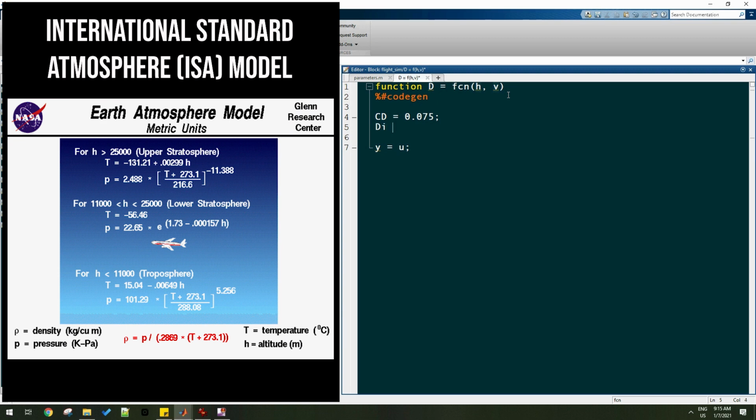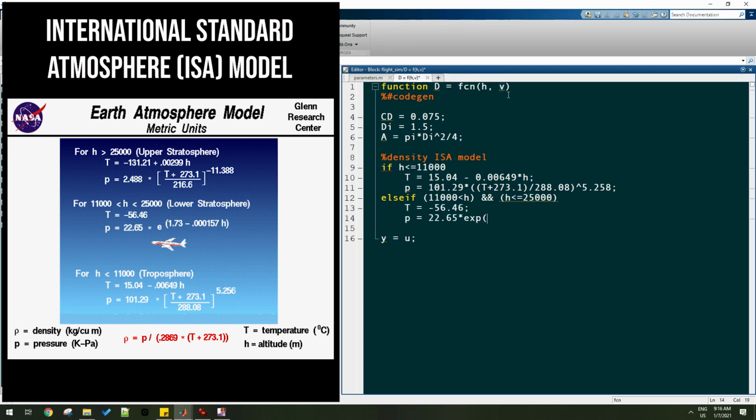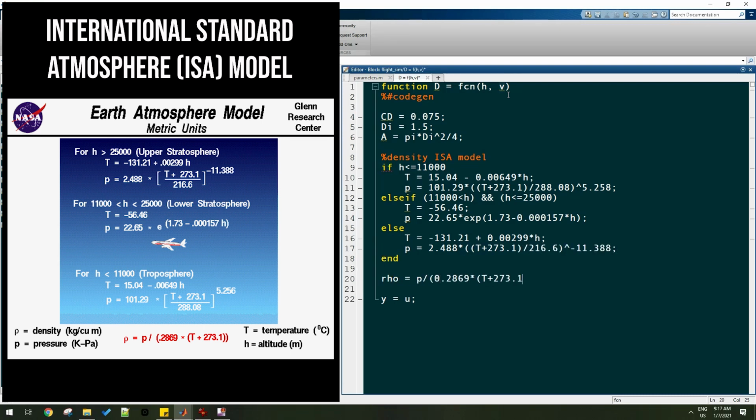You have to use the standard atmosphere model. So I just did that there. Define the drag coefficient, the diameter, and the area. Now this I just copied from the ISA model, which I'll put there on the left, so you can get a reference as well. So you solve for temperature and pressure, that's T and P, and then you get your density after that, which is based on obviously pressure and temperature, right? So rho is density,